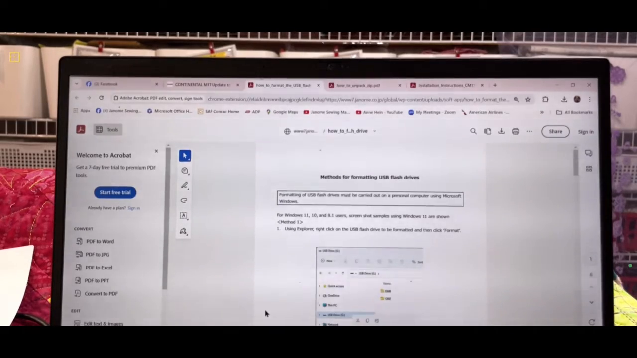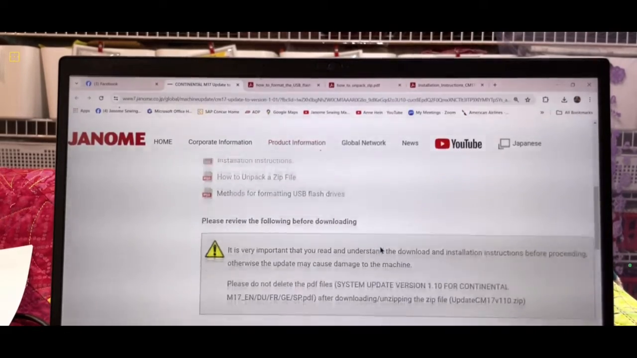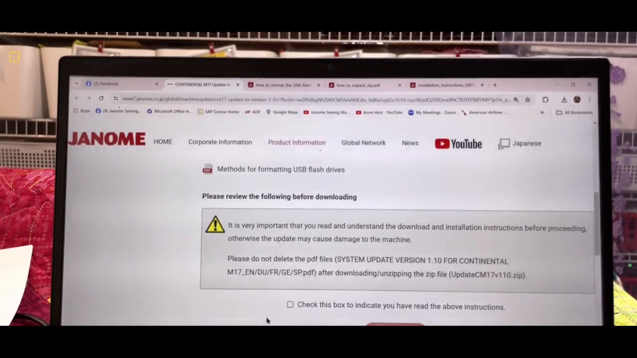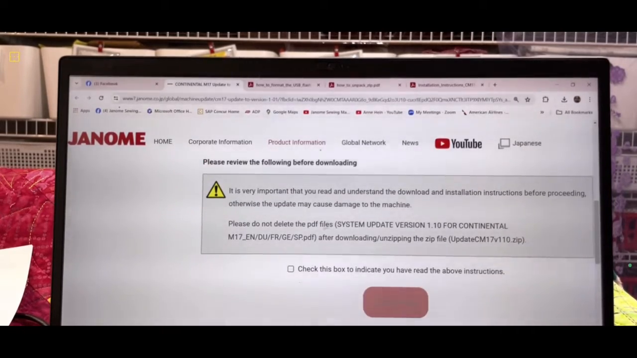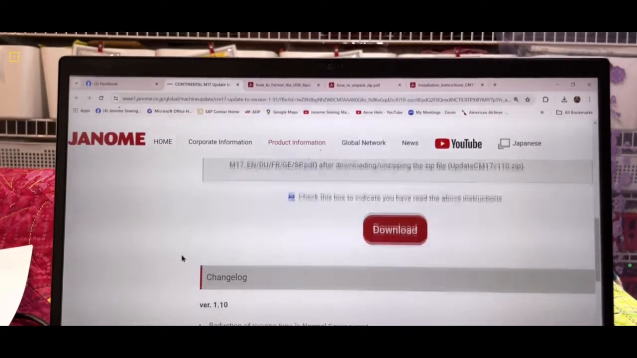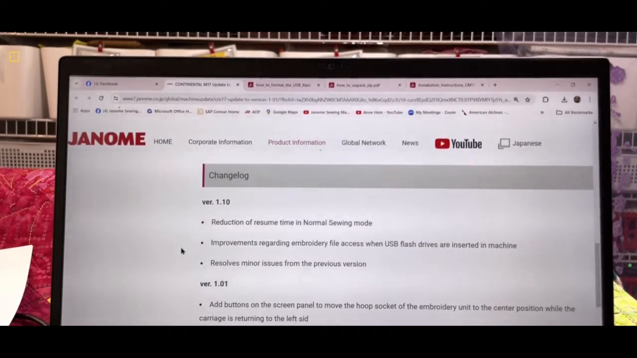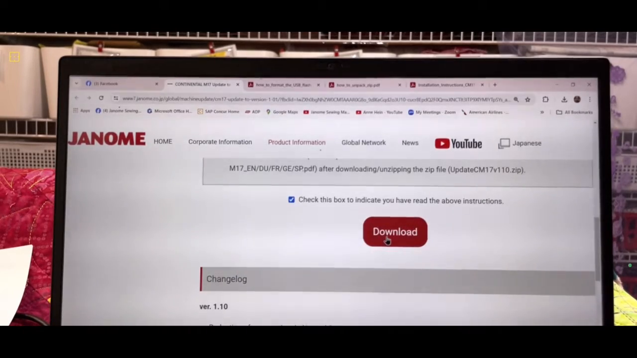There's one more, which we will come to in just a moment. We're going to go back to the update page and scroll to the bottom. And as you scroll down, you want to read all this information. You don't want to delete, there's a file in there you don't want to delete. So I'm going to check this that I've read it all, and then I'm going to click download. Down here, it talks about what things are changing in here. And this was in the earlier one, and this is what's in the one that we have right now. So there's my download button. I'm going to click download,